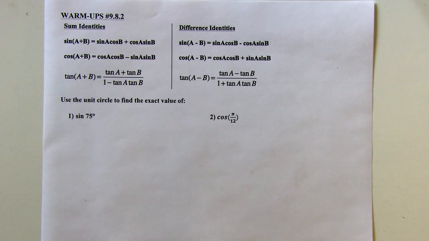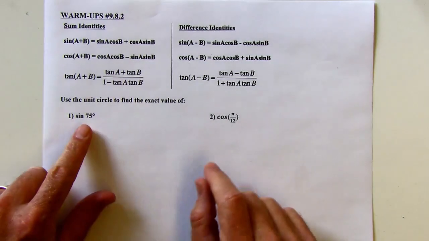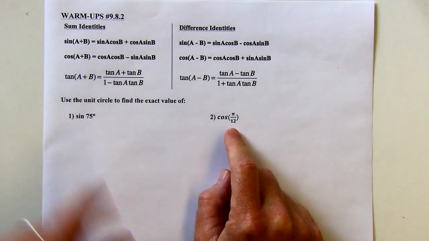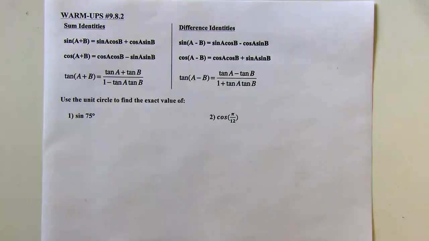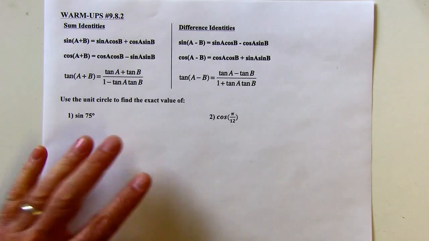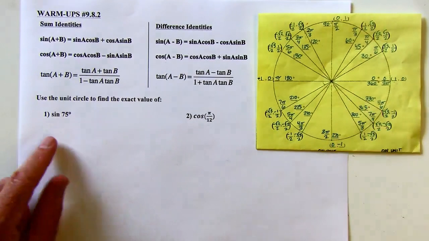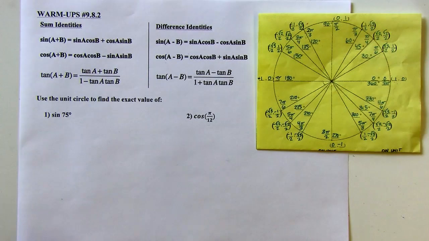Okay, this is warm-up 9.8.2. We're going to find the exact values of both sine of 75 degrees and cosine of pi over 12 radians. So the easiest way to do these is if they happen to be special angles that are on the unit circle. So look at that, I've got a unit circle right here